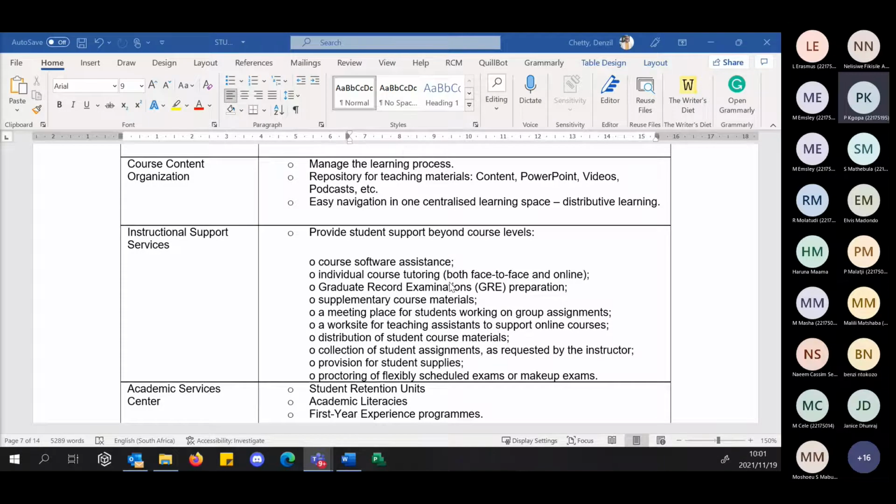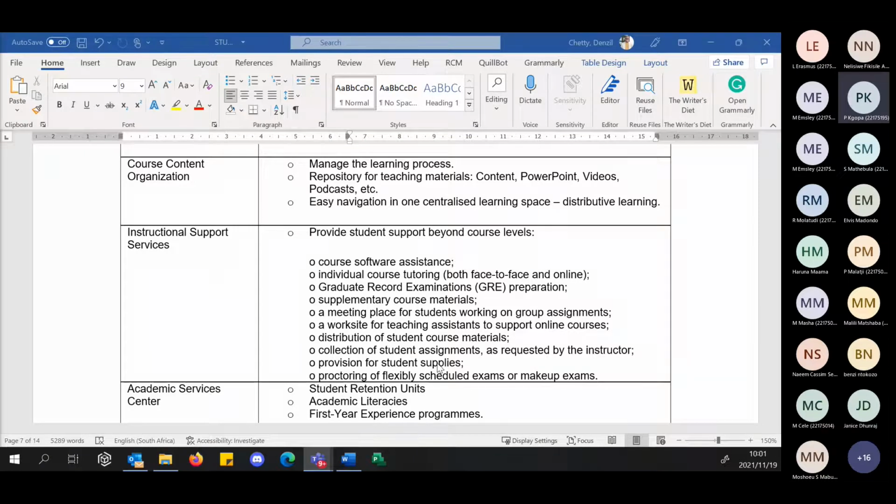And going back to the point that Melissa mentioned earlier, many academics also don't have the technical skills to offer that support. So we need a separate space in our institution that offers this type of instructional support service to our students. Many of our institutions don't have those mechanisms in place, so students end up running all over trying to get the instructional support they need.